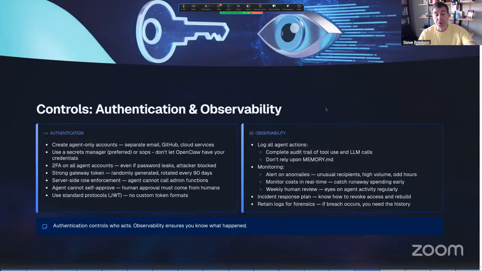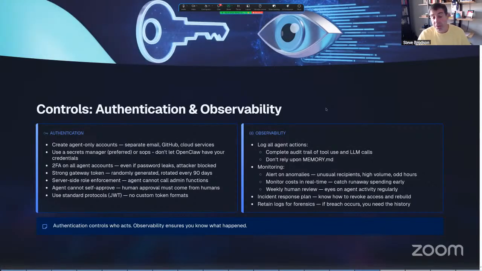Other sort of technical controls, if you don't really know what these are, the best way to do it is say, hey, Blaster, tell me about server-side role enforcement. How would you integrate it? And it will give you that, and then you can tell it to build that. And then finally is observability, right? Really monitoring. And I've built tools that allow me to monitor. Now I make a lot of use of subagents, and the problem with subagents sometimes is that you connect with the orchestrator, the thing calling the subagent, but you don't really have visibility into what the subagent is doing. But you can build a tool that will give you that.